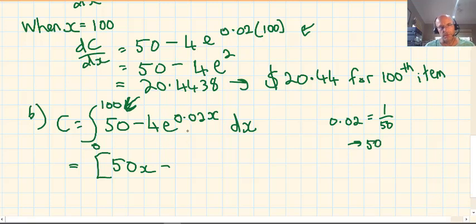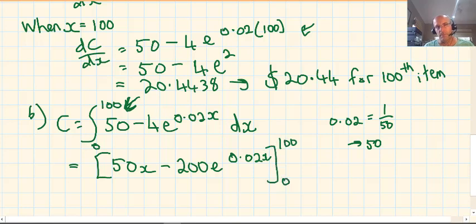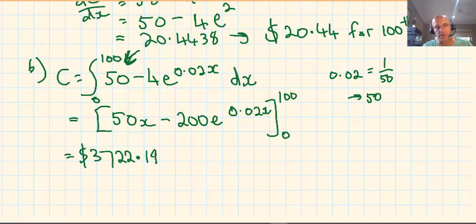So we'll have 50 times 4, which is 200, e^(0.02x) between 0 and 100. I didn't show my working for that, that's in other videos, so this could be a question that needs to be done by hand, or it could be technology, either way, and I get